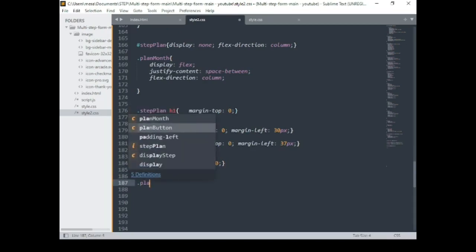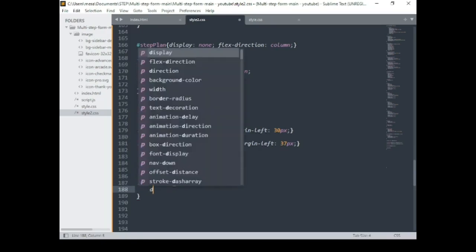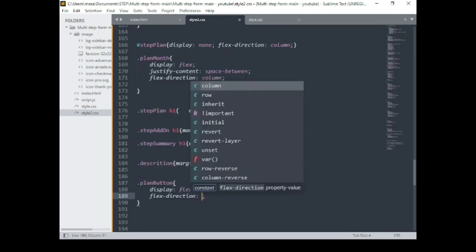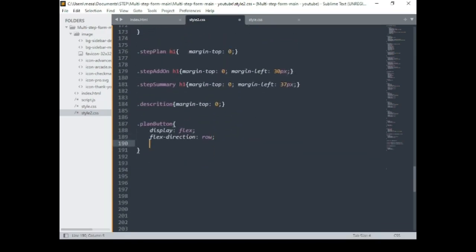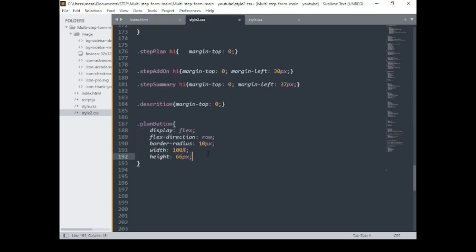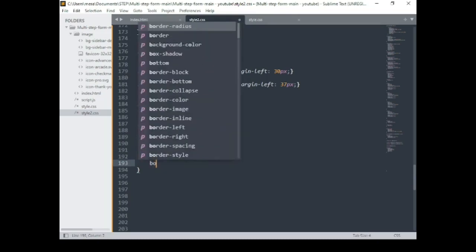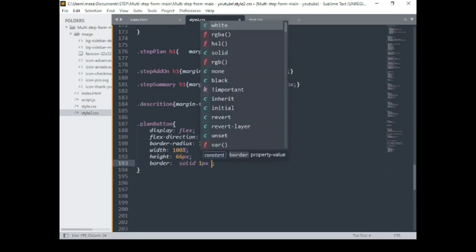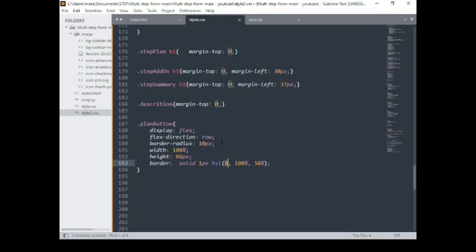Dot plan button, display flex, flex direction row, then border radius 10 pixels, width 100%, height 66 pixels, border I want to push it solid 1 pixel, HSL 229, 24,